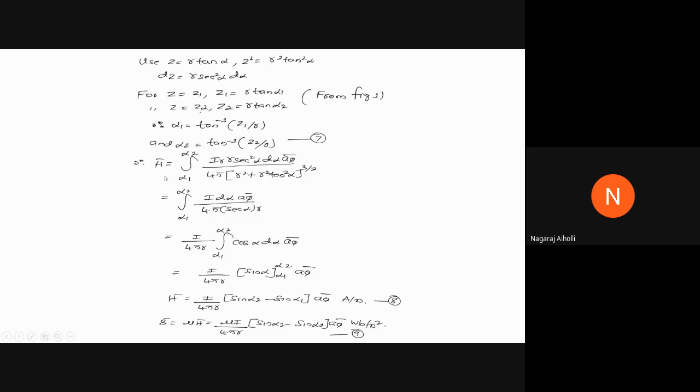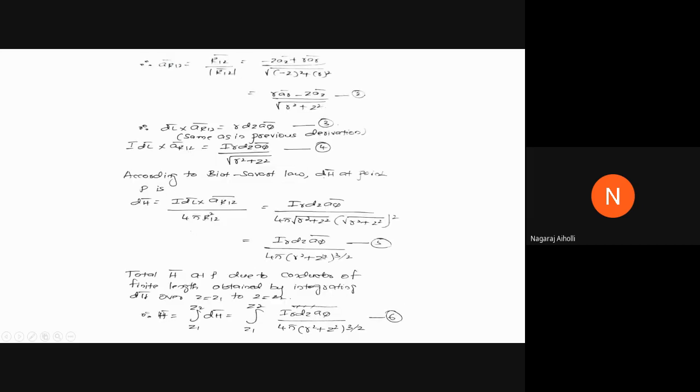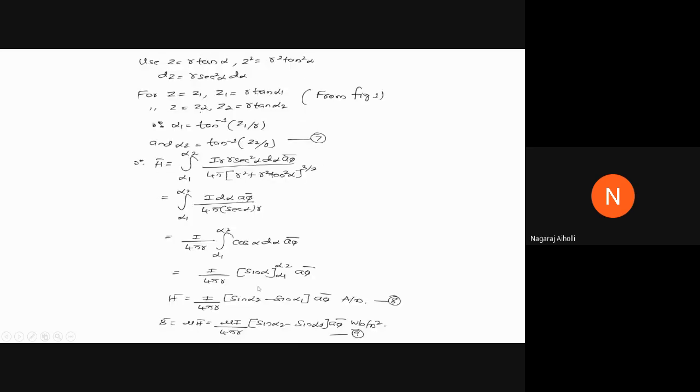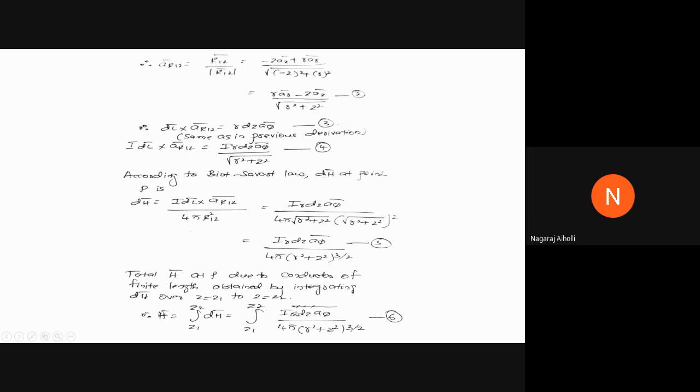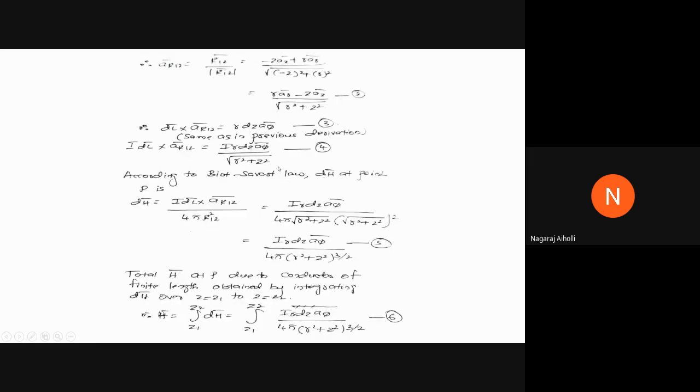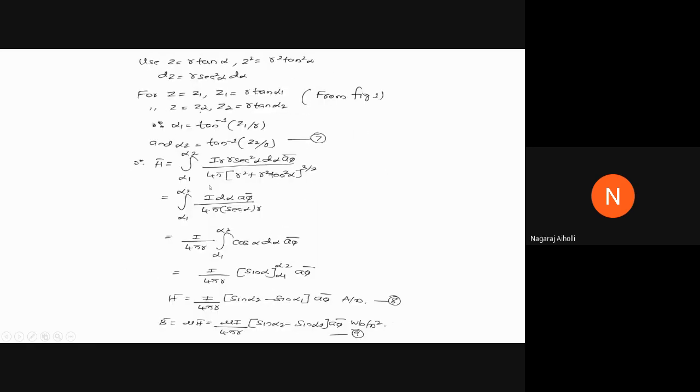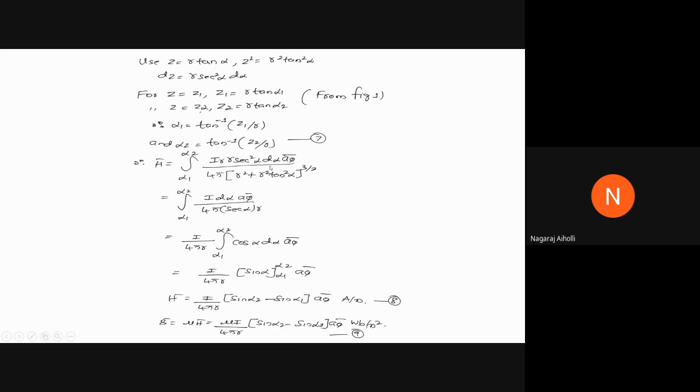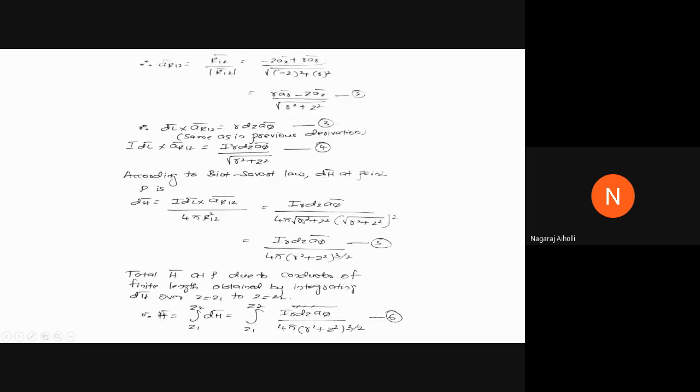Now integrate. H bar is equal to, the limits will be changing here from z1 to z2. Instead of that, you will be getting alpha 1 to alpha 2, a change of limits. That is, alpha 1 to alpha 2 of I R, r secant square alpha d alpha, because dz is r secant square alpha d alpha, aφ bar divided by 4 pi, then r square plus z square. What is z square? It is this term.